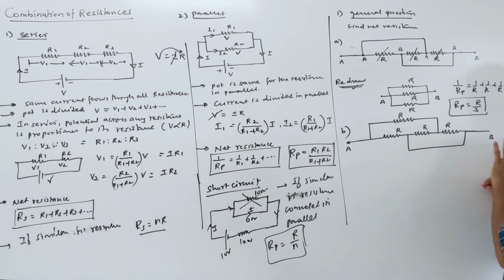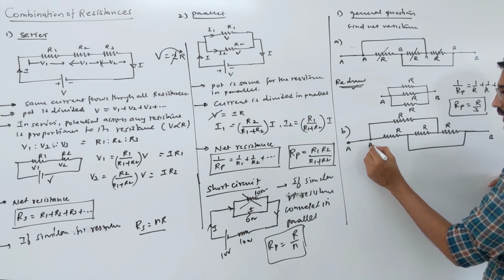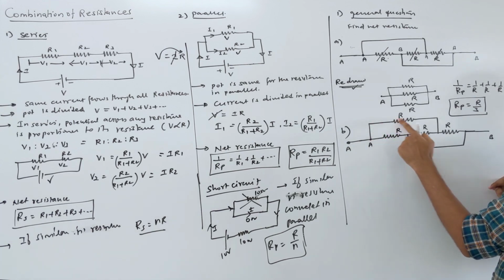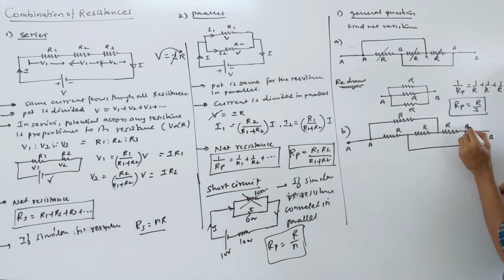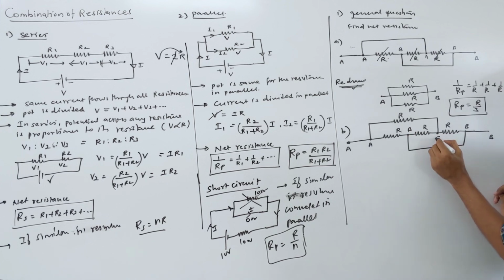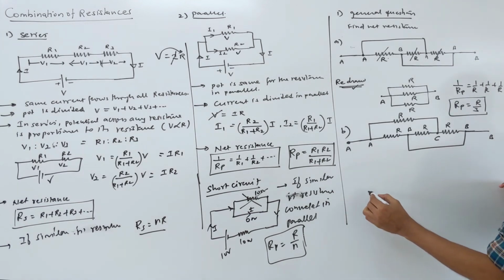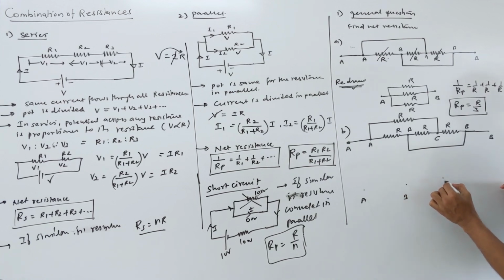So let's find how many terminals we have. This is A, that terminal is also A. Now this one is connected by a resistance, so this terminal is not A. The potential here will not be the same. Okay, this terminal is B, and this is connected by a wire, so this terminal is also B. So this is another terminal. Let's call it C. Correct. Now what we will do is this: you write 3 dots: A, B, and C.